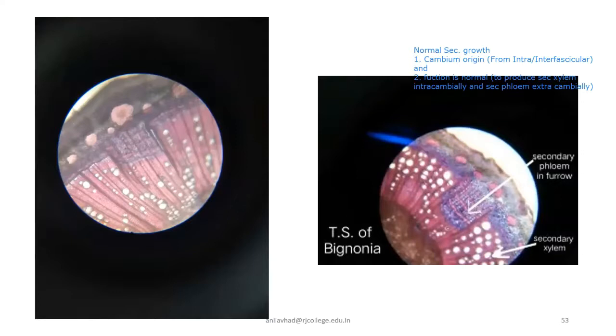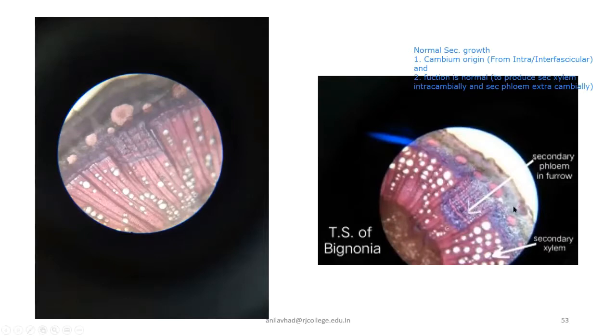We have safranin, which especially gives color to lignified cells, and then hematoxylin, which gives color to non-lignified phloem. So in both of these sections, you can clearly make out the locations of xylem as well as phloem.